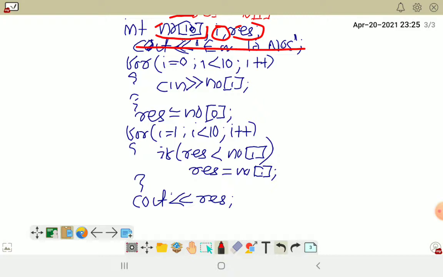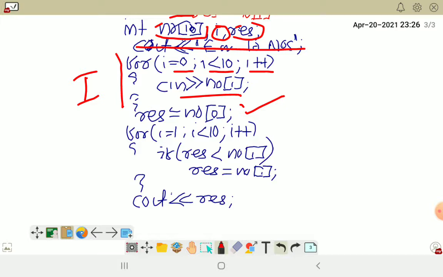Thereafter I started the loop for input. This is for input. I did int I equal to 0, I less than 10, I plus plus and cin. This is how the numbers get inputted. Then the first number itself I stored in the variable result. Fine.